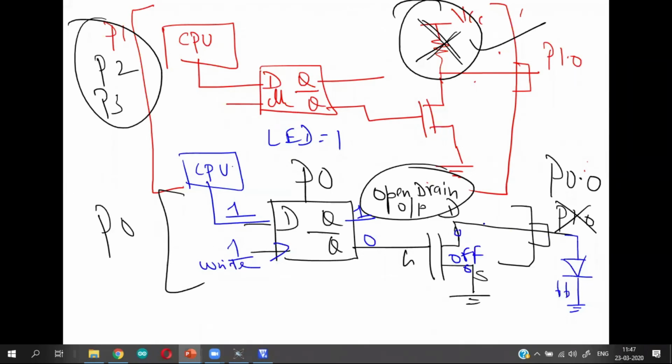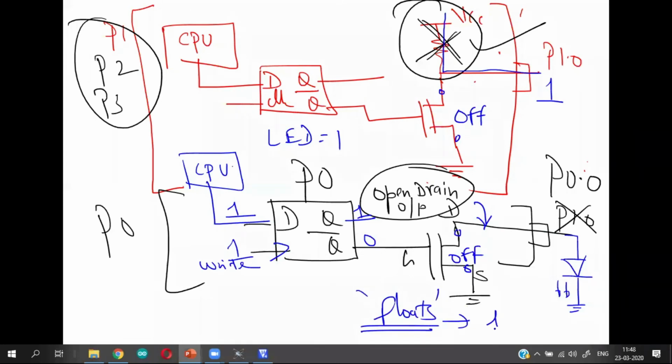Now, if you ask me what is the logical level of this particular line, previously if this transistor became off, there is an open here, but the output is defined by the pull-up resistor. The pull-up resistor will connect this line to the power supply, and hence you had a logical 1 at the output. Now, if this transistor is off, since there is no pull-up resistor inside, this particular output line simply floats. What do you mean by floating?